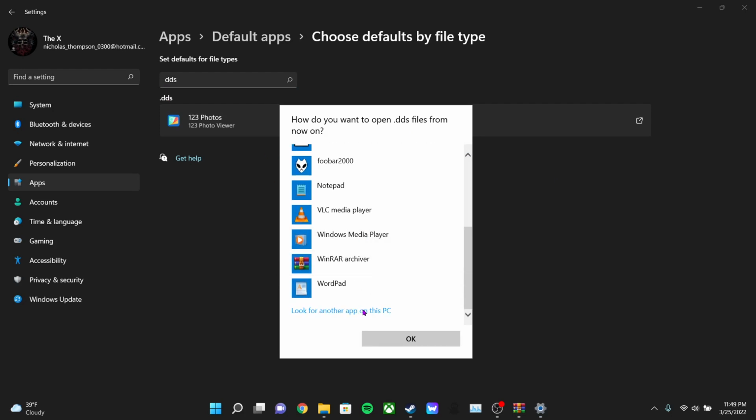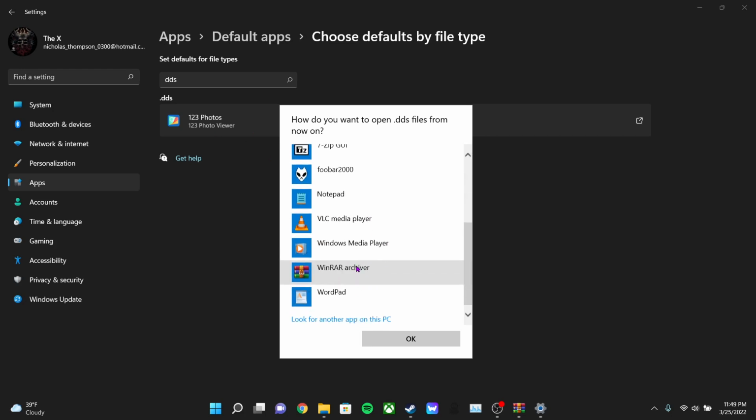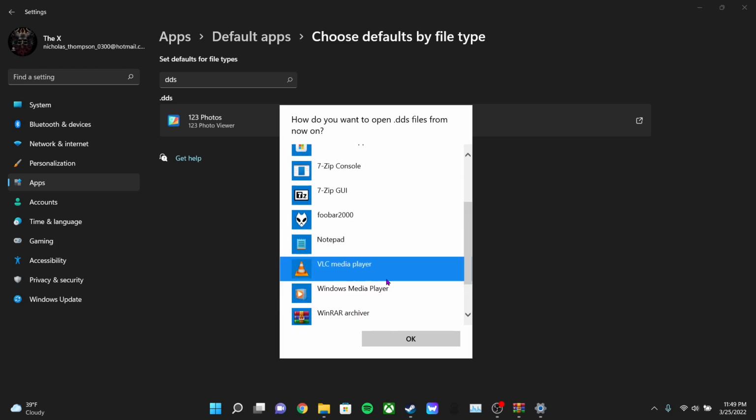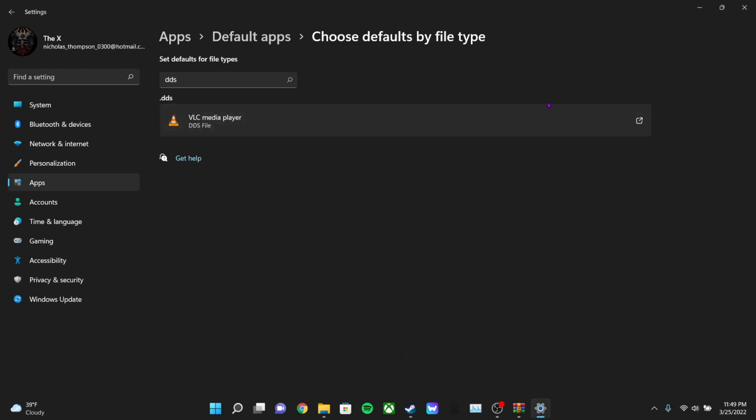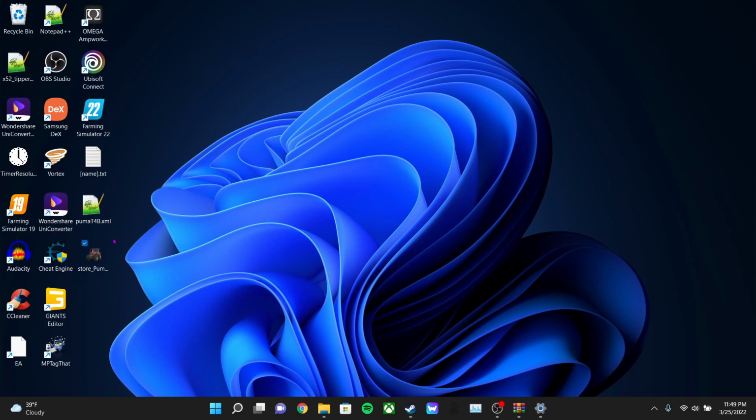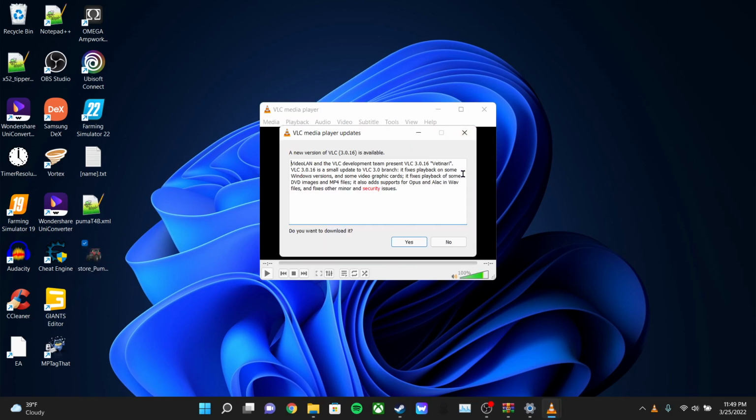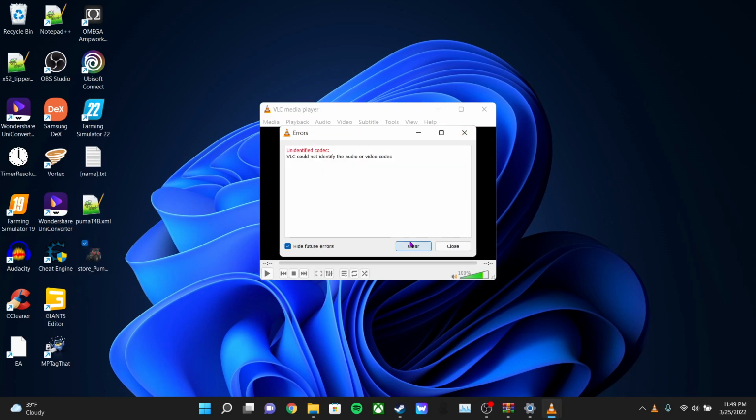But if you do have a DDS that you want to open, which is just a photo, it's really just a photo, just a different format that they use, you can use some apps. I don't know if VLC would work. Try it, I suppose. I'm actually kind of curious if it would. That would make things a lot easier. And unfortunately, fortunately,